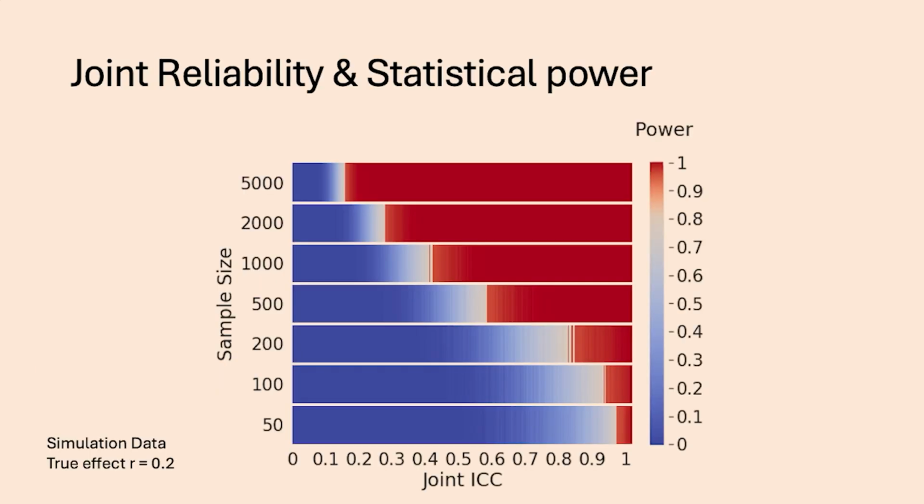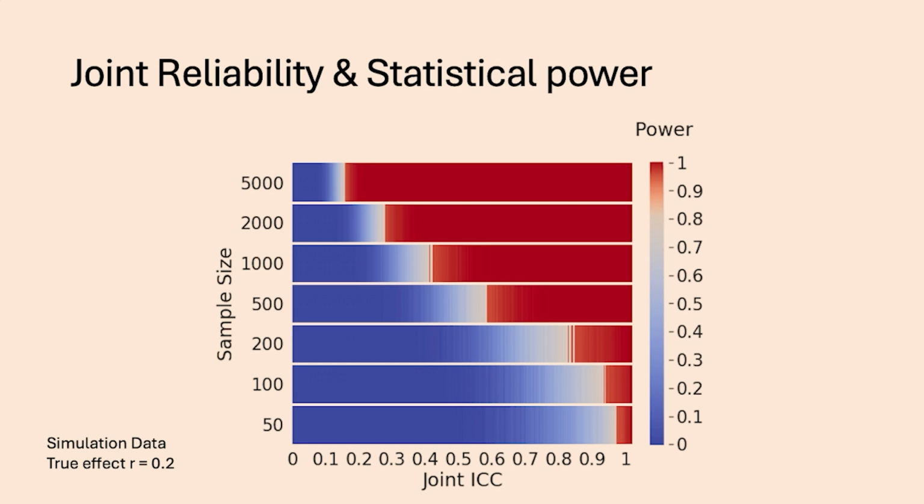Which begs the question, well, what does that mean for sample size? Right? Because if you are having weak samples or weak effects, you need a lot more samples to get to them, right? And in simulation data, that's pretty much what we're showing here, right? So if you can achieve high joint reliability, say in this simulation data where the true effect size would be